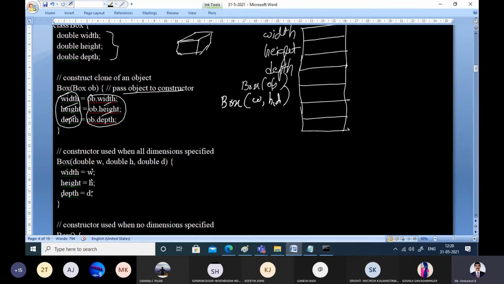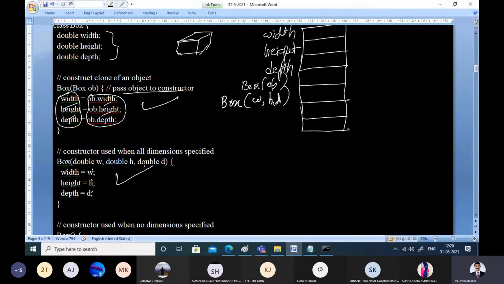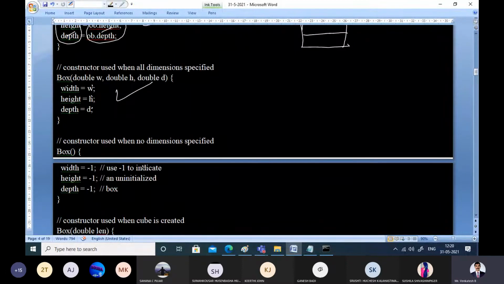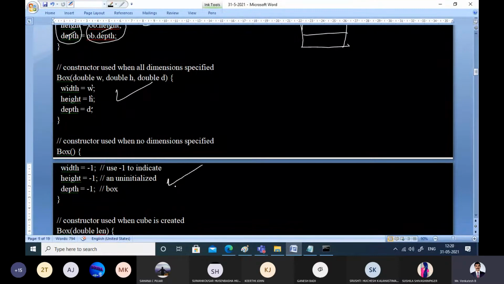Because these are different constructors, it is like function overloading or method overloading. If you are passing an object, then this constructor will be called. If you are passing all the dimensions, then this constructor will be called. If you are specifying no dimensions, then that constructor will be called. Depending on the type of parameter you pass, the corresponding constructor definition will be called.